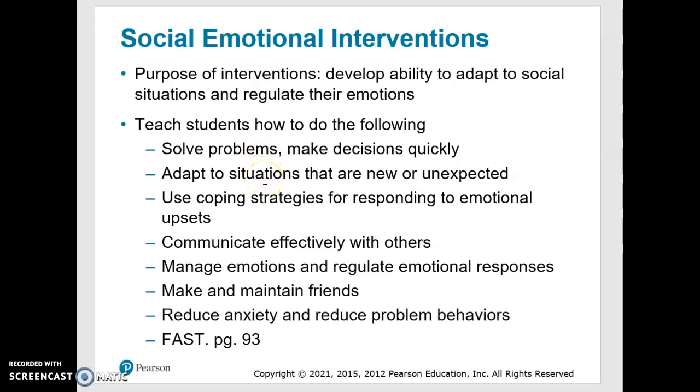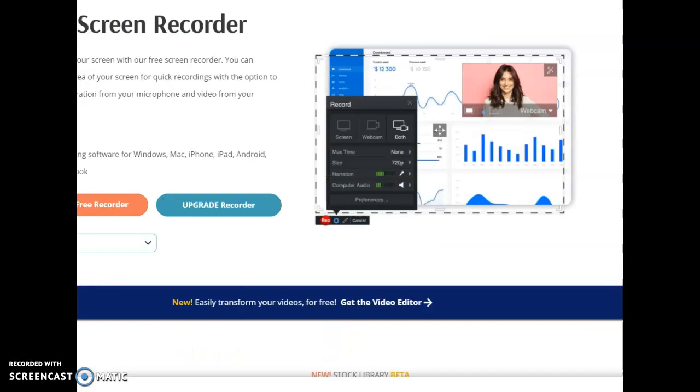Adapt to situations, you might have to teach them how to do some of these things, especially your students who are officially identified with emotional or behavioral disabilities, excuse me. Communicate effectively with others. All these things are going to need some explicit instruction. Making and maintaining friends, reducing anxiety, reducing problem behaviors, and showing those desired behaviors, right? We've talked about that. And then also there's one strategy in your book that I really like, and this is